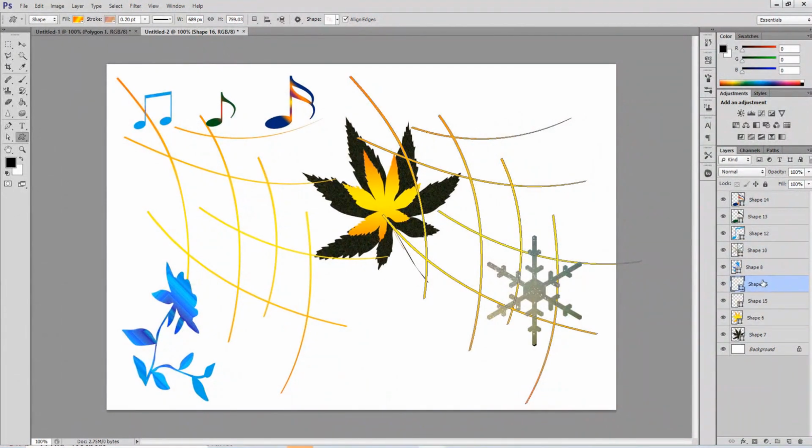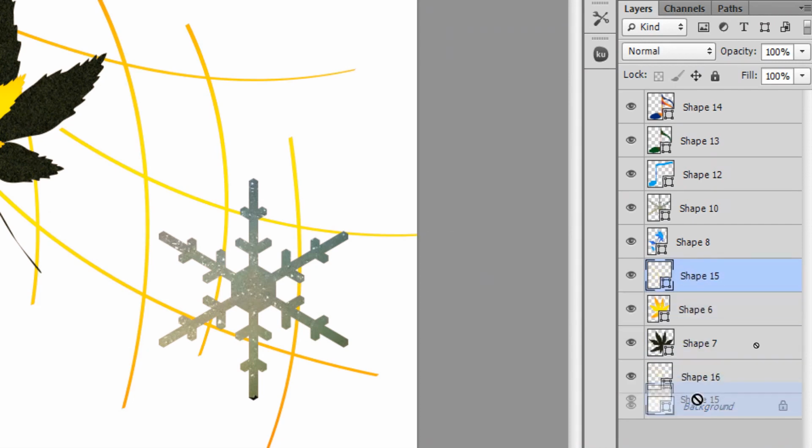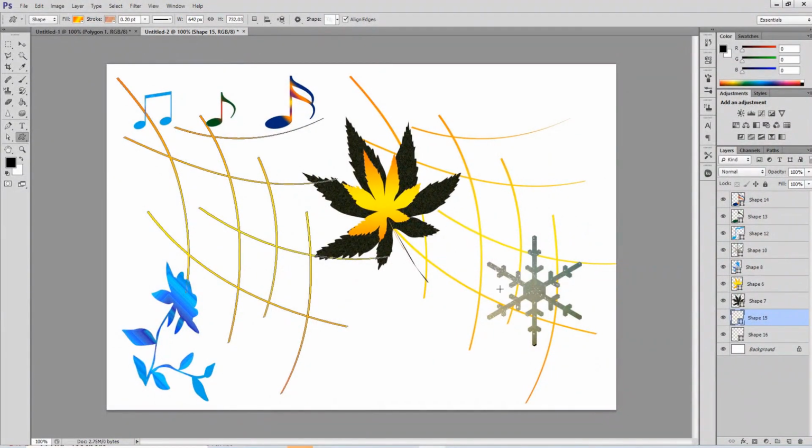I just go to the layers panel and drag these layers to the bottom. Click another, drag it also and drop it. Now see, on the canvas all these shapes have gone behind the other objects.